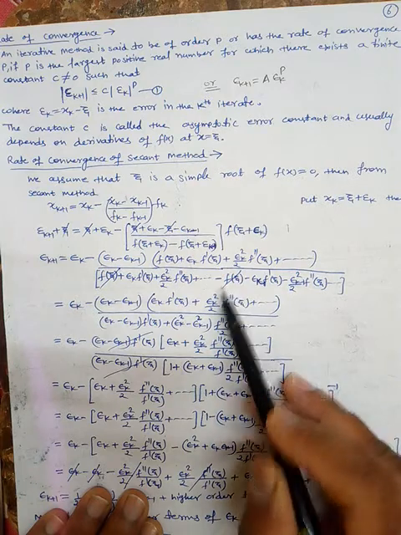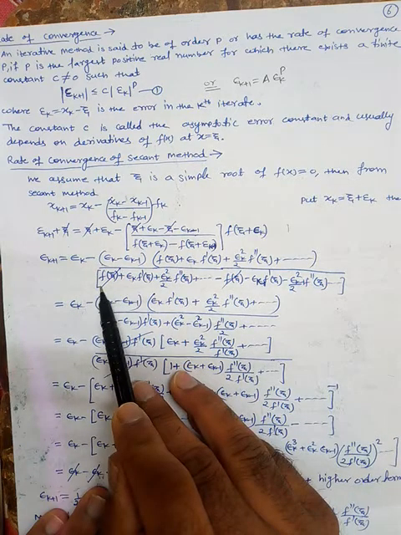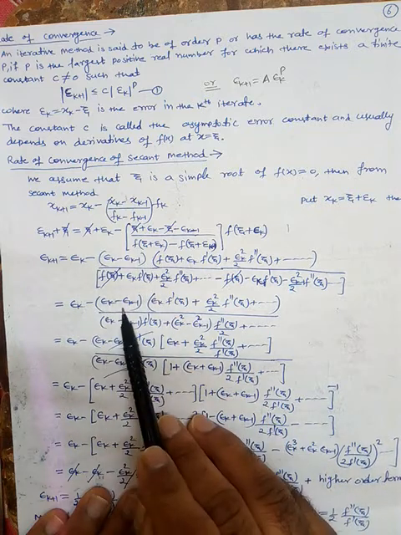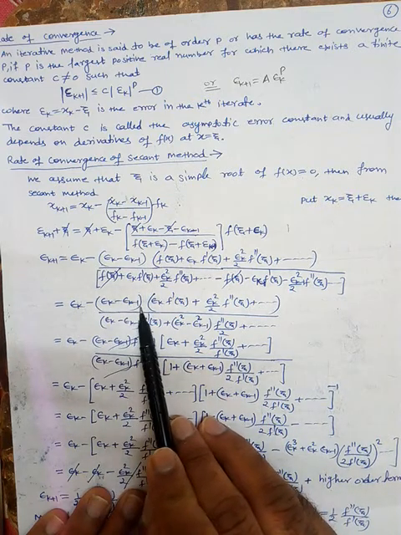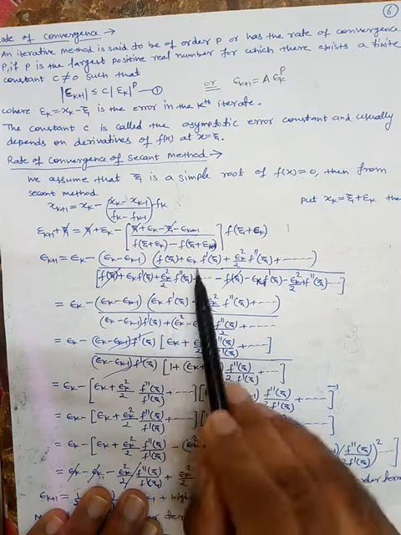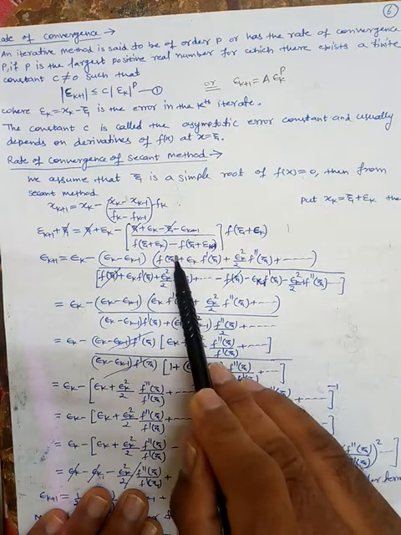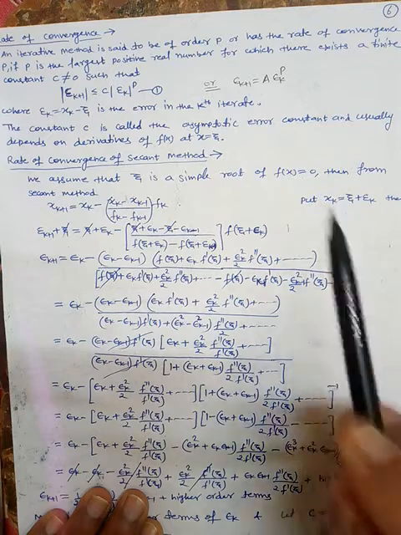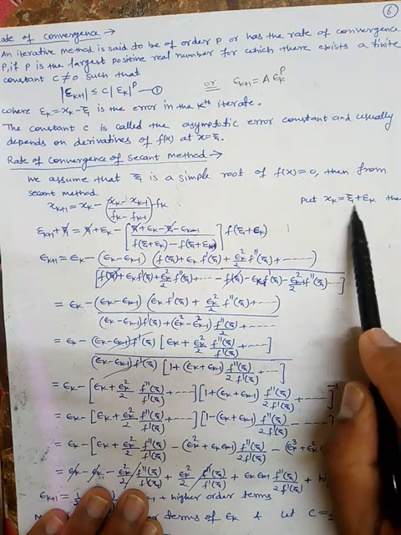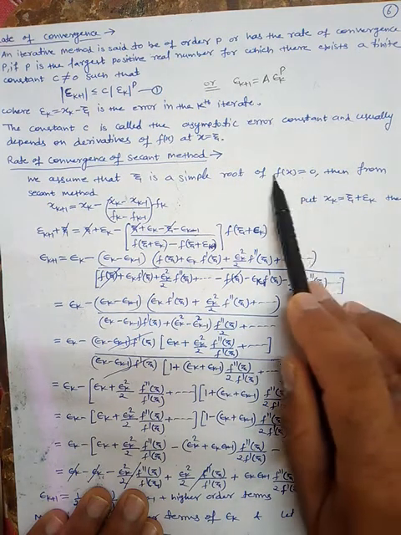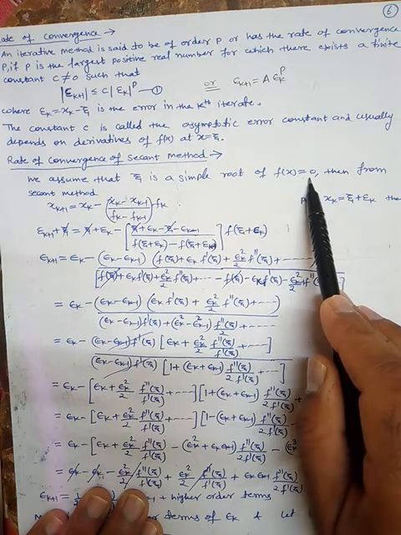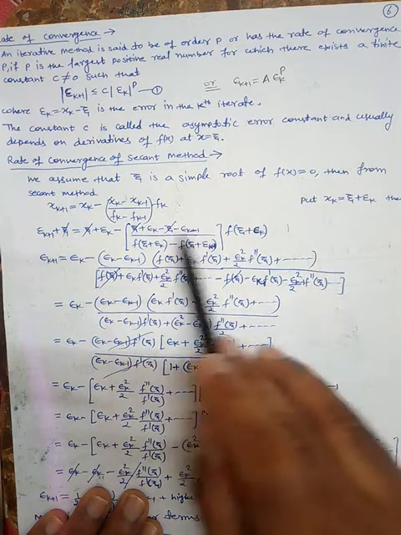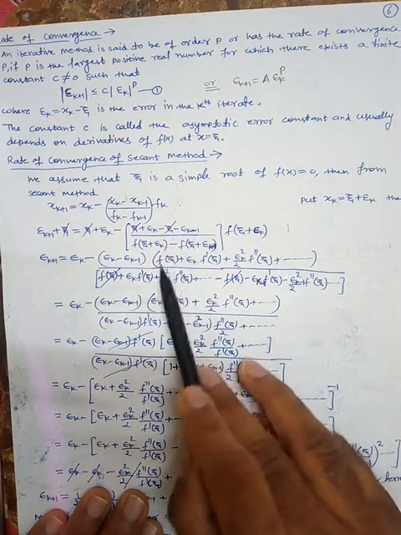Okay, so now this cancels out with this term. So what we will have is epsilon k minus this quantity, epsilon k minus epsilon k minus 1 into this quantity. From here, if you see, xi is basically the exact root. So obviously when you substitute this exact root xi in this equation, f of xi will be 0 because xi is the exact root. So f of xi will be 0, and hence we can say that this quantity will be 0.